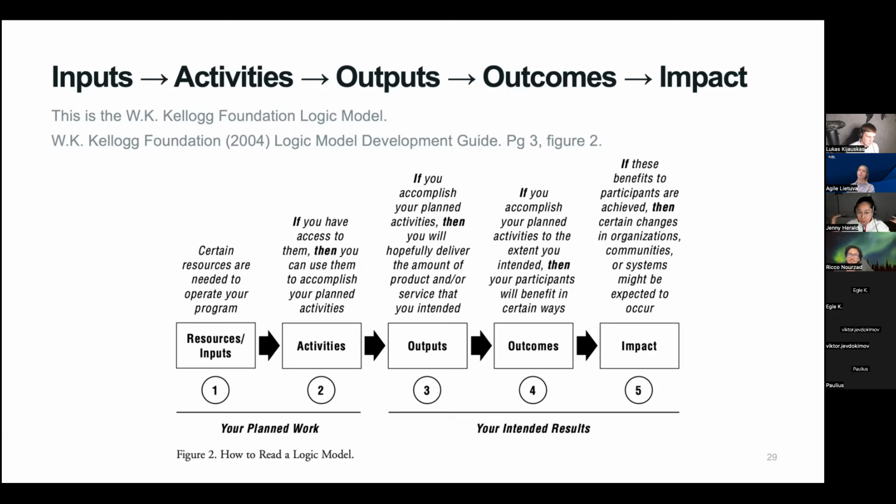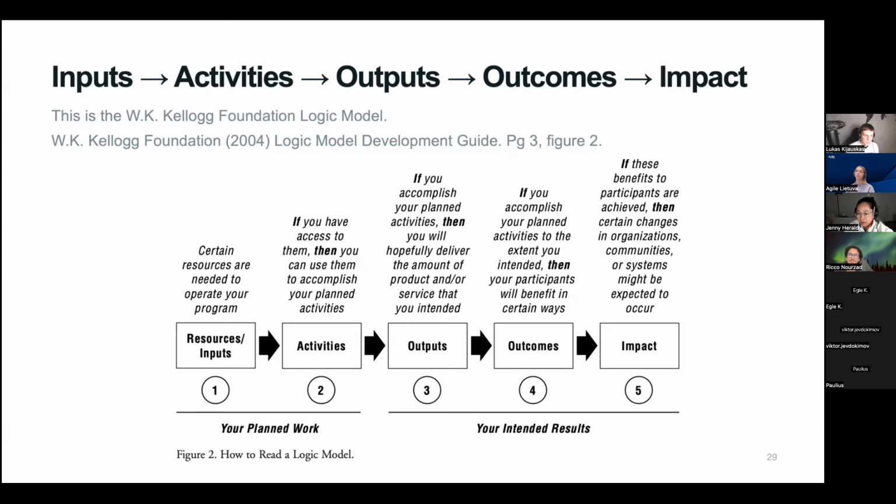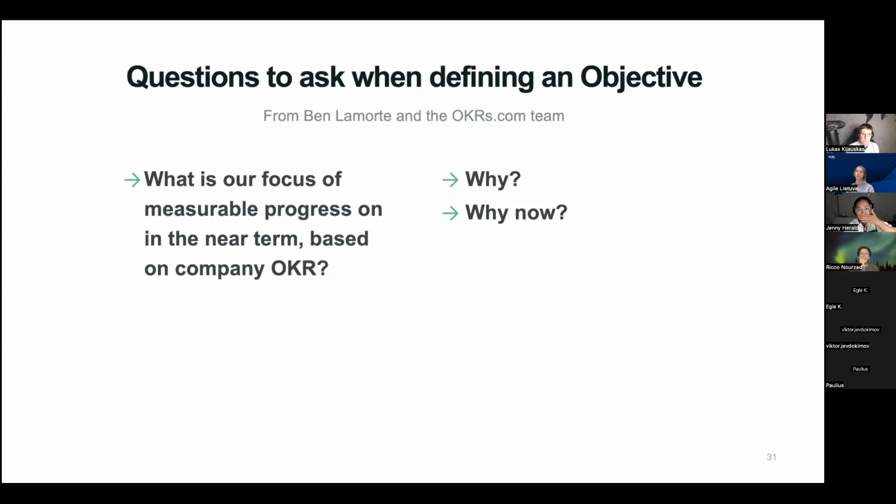And then further down the line, it could be activities, like, I don't know, name what Jira kind of story, whatever you want to call it. And then we can keep going, right? And again, then you can start to see, if we're going to do something as measured by some stuff, really, we want that to be number 4 as much as we can, right? Those are the intended results.